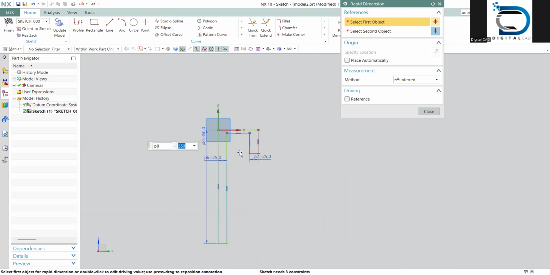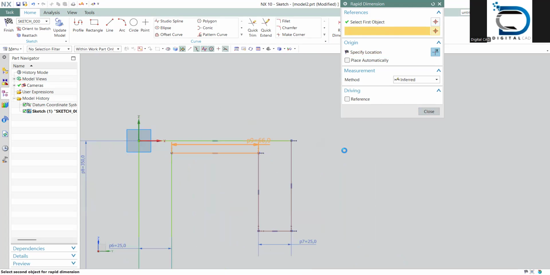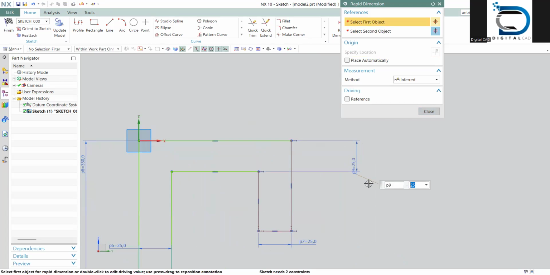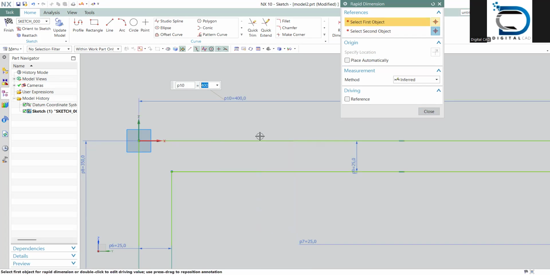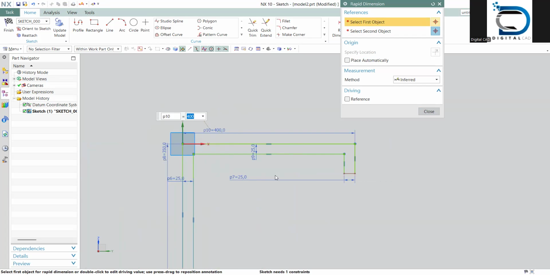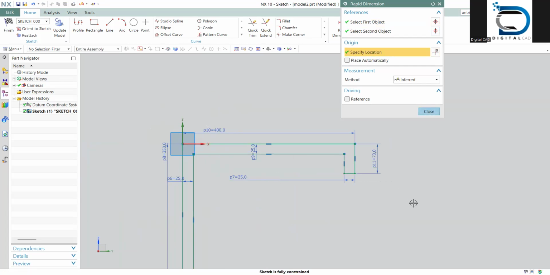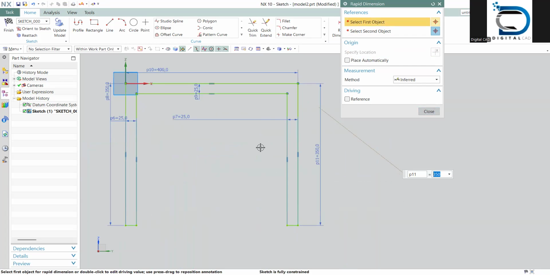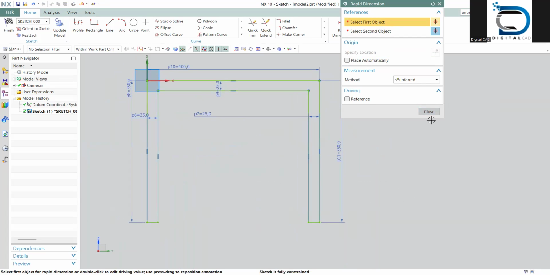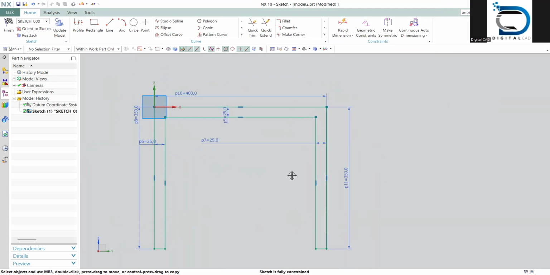Okay, and then this dimension as... okay, and in between this one also to be as 25, and then I'll give this dimension as 400, and this height also to be as 350. So now we have a solid profile. Sketches will be constrained. Okay, once this is done, so this is the leg portion that I am drawing right now,